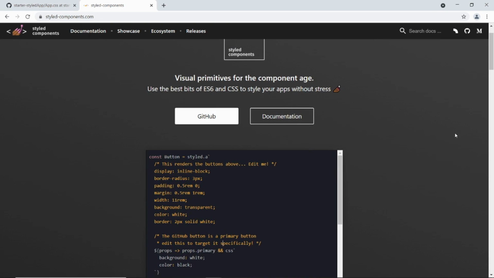Hello there, in this video I'm going to be showing you how to style your React app using styled components. Now styled components has become quite popular in the last few years, and it's mainly because it's easier to grasp and you have less headaches styling your app because you don't have problems like name clashes in CSS classes, and